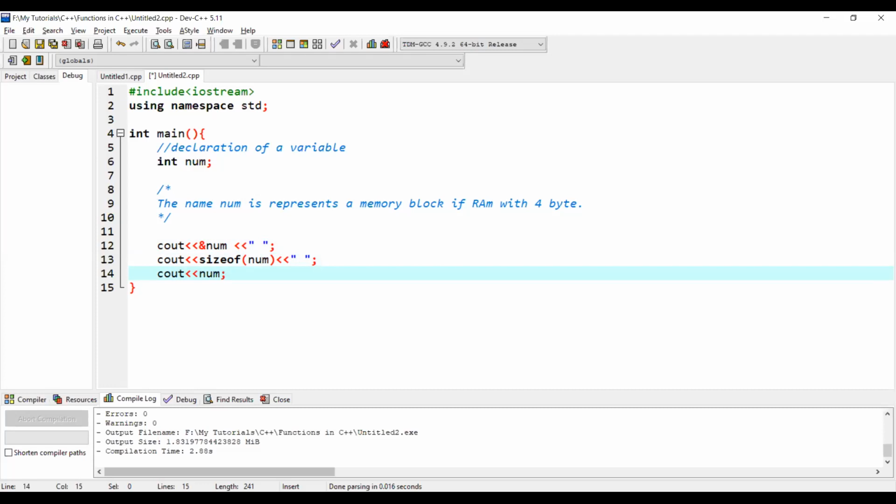Now, the most important point that you should remember always is that when you declare a variable, the memory block occupied against this name has some values.